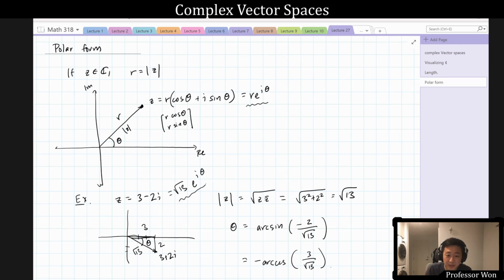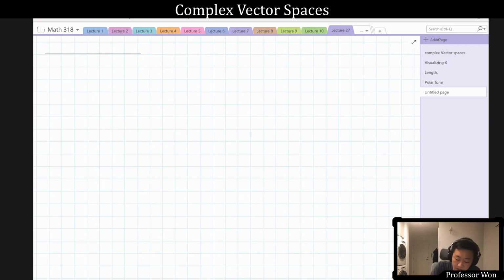It captures the length, which is a very important feature of it, and it captures the angle from the positive real axis. And here's one of the main points, which is if you take two complex numbers and you write them in their polar form, so z is r e to the i theta, and w is, say, rho e to the i psi, let's say,